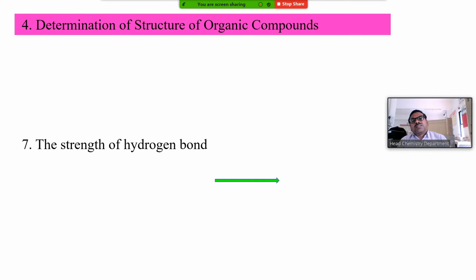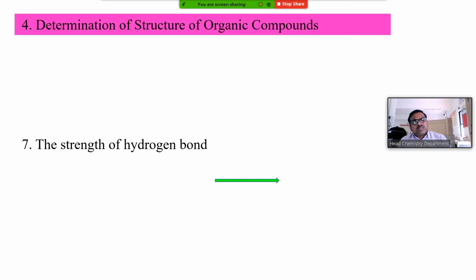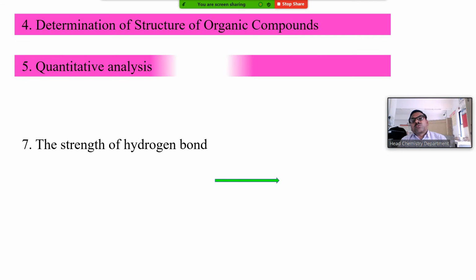One can also have the next application: determination of the structure of an organic compound. This is the R&D part, that is, the research and development part. When you synthesize a new organic molecule and you want to find out the name of that compound, or what things are there, whether a double bond, an aromatic ring, or many more things, when you are finding such things, it is called structure determination. And this is one of the most important applications of UV spectroscopy.